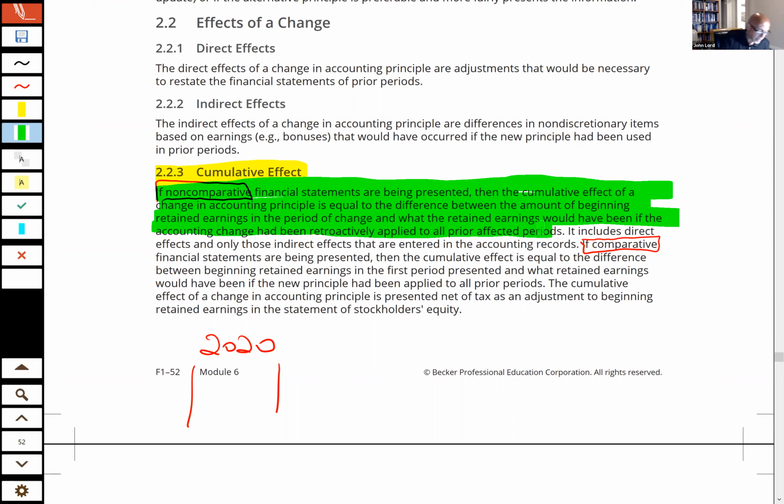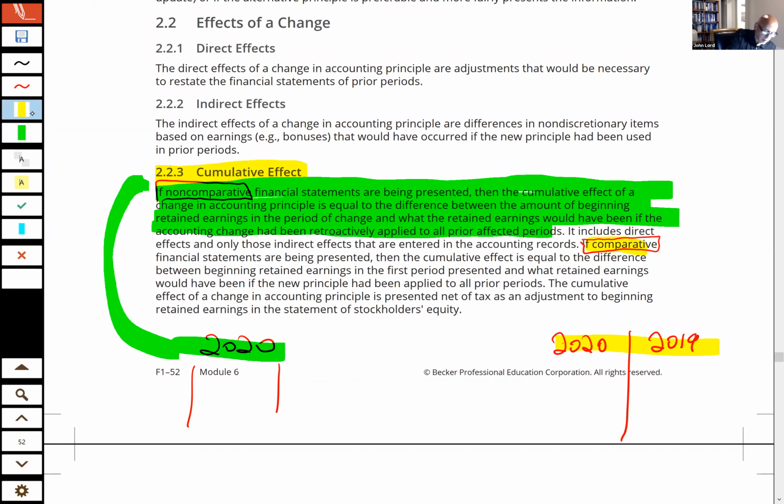Now, if comparative statements are being prepared, and just for comparative statements, I'm showing you 2020 and 2019 side by side like that. That's comparative statements, okay? Those would be the non-comparative, and these are the comparative. If comparative statements are being presented, then the cumulative effect is equal to the difference between the beginning retained